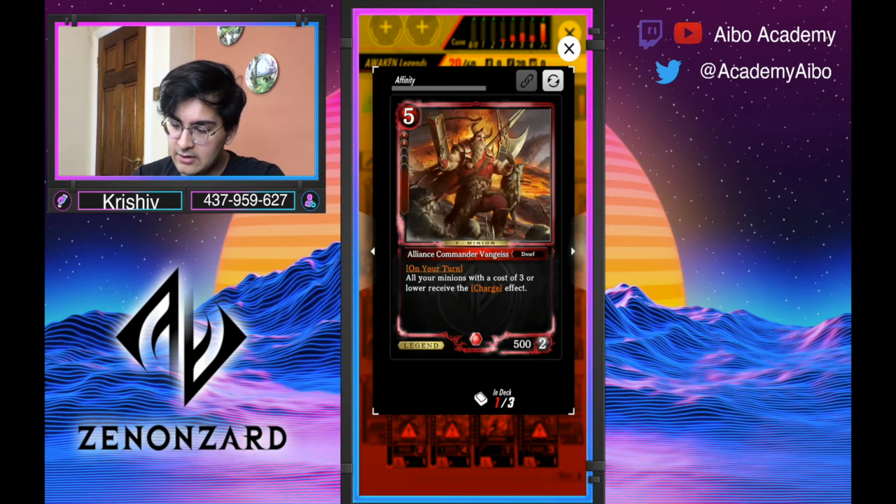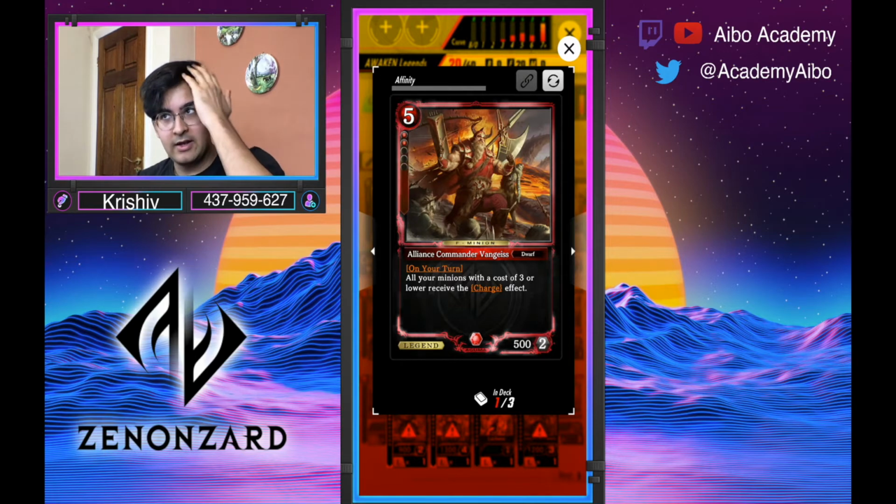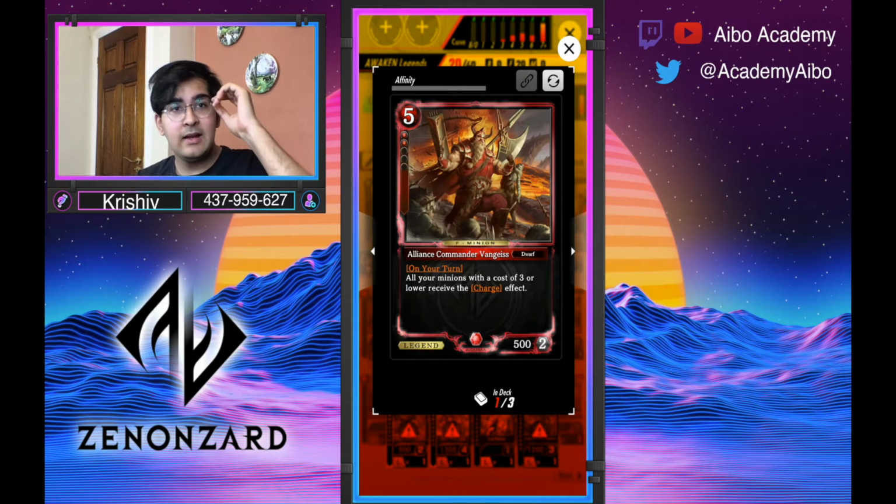Next we have Alliance Commander Vangis. On your turn, all your minions with the cost of 3 or lower receive the charge effect. This is not a bad ability, it's actually very good. However, an issue is that clearly the intention here is for you to...